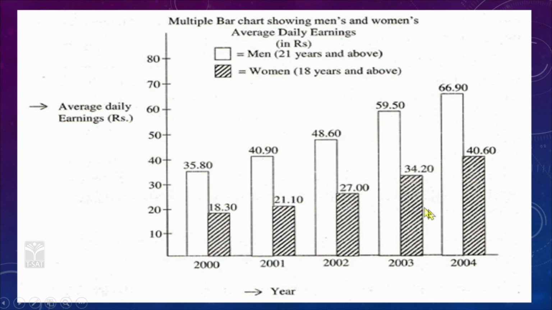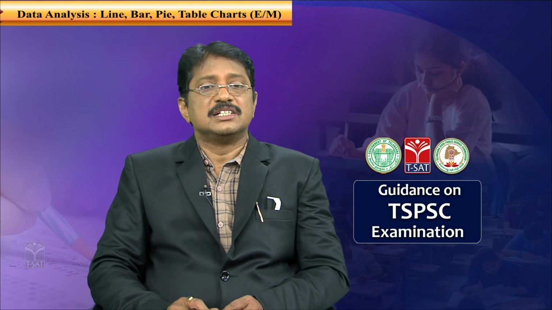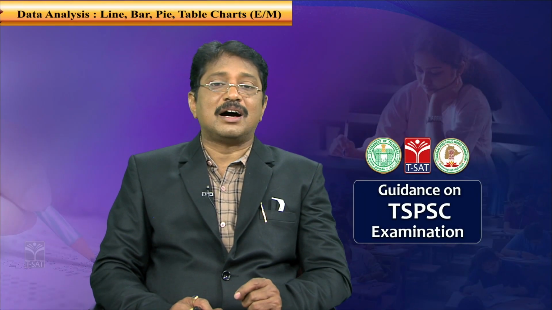So, in which year is there a smaller difference between man and woman? Here 66 rupees 90 paise, 40 means around 26 rupees here. Here how much is it? It is around 25 rupees. Here around 21 rupees and here 19 rupees. Here 17 rupees, meaning the difference also increases as the year increases. Many questions like this will come in the examination, we will discuss all those things. This is a multiple bar chart diagram.